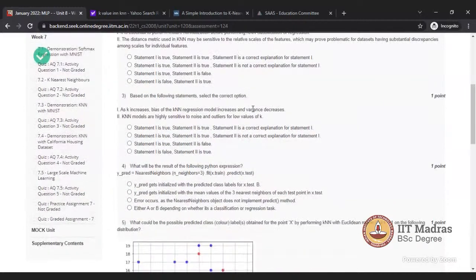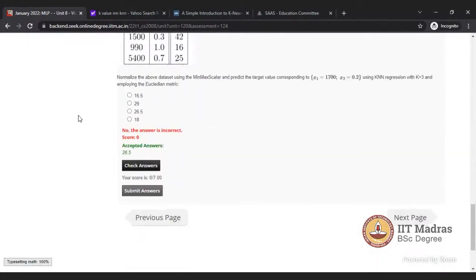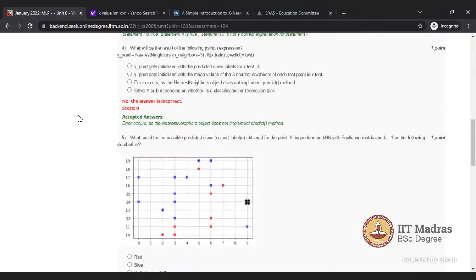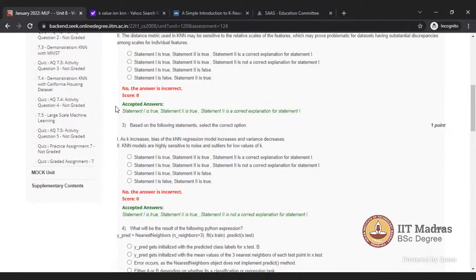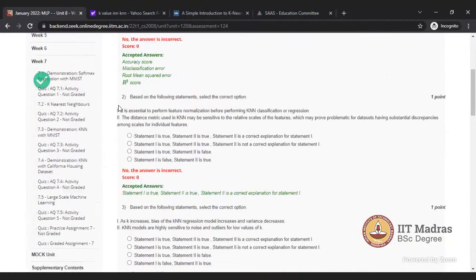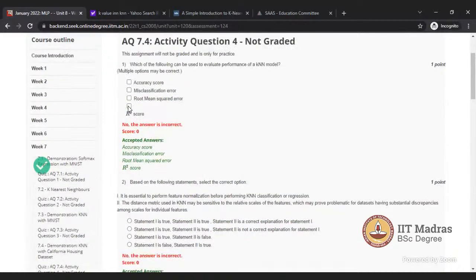In that circumstance, the data which is far away, the distance will be much higher, and those will never get selected.